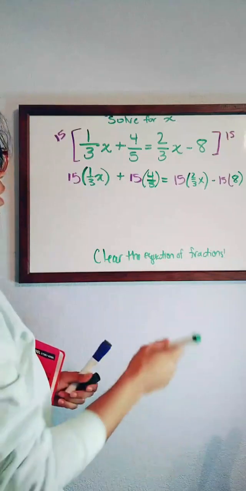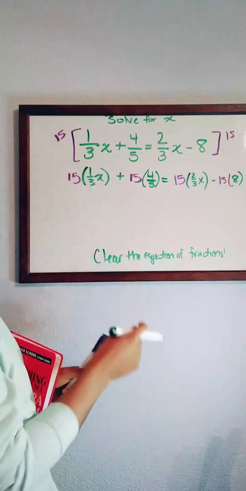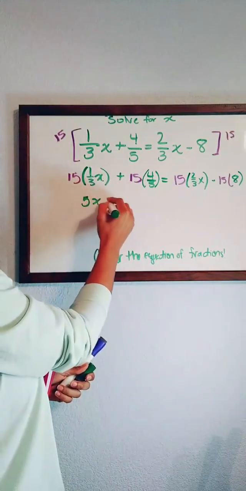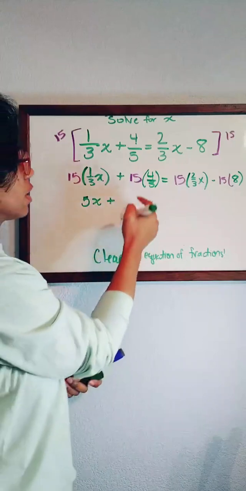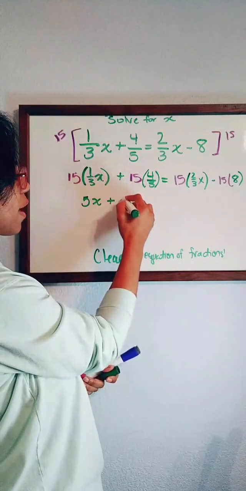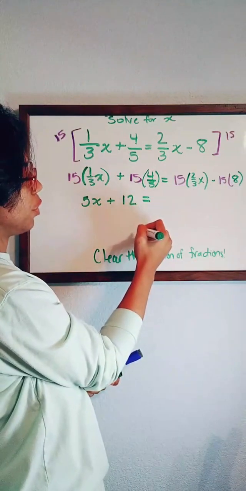So now all I'm going to do is multiply and simplify and solve for x. That's simple. This will be 15 times 1/3. Remember, you can go ahead and do 15 over 3, which is 5x, plus this right here would be 12, because 15 times 4 is 60 divided by 5. It's going to give me 12, is equal to 10x